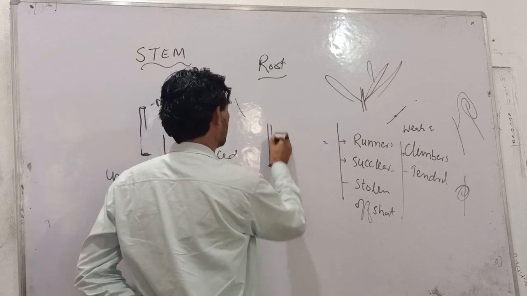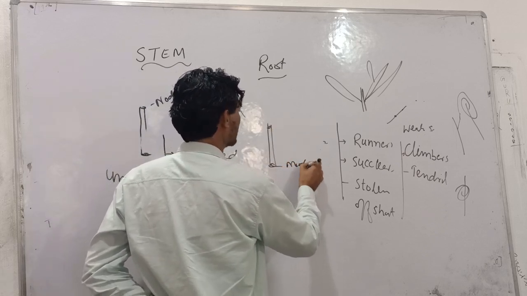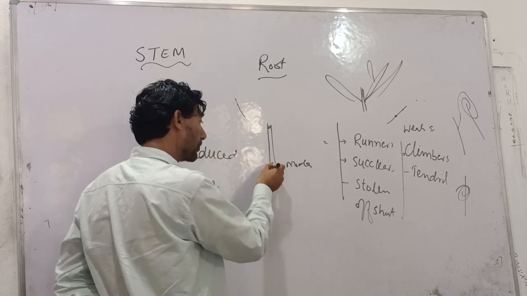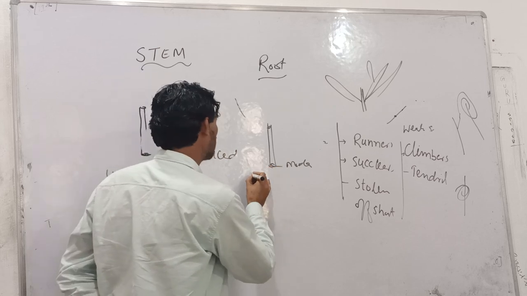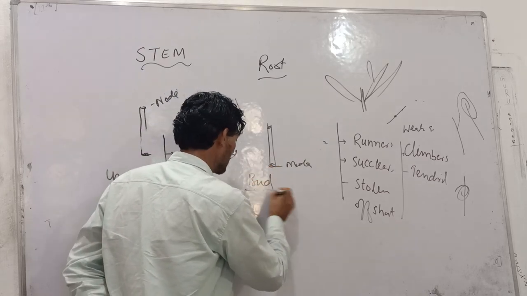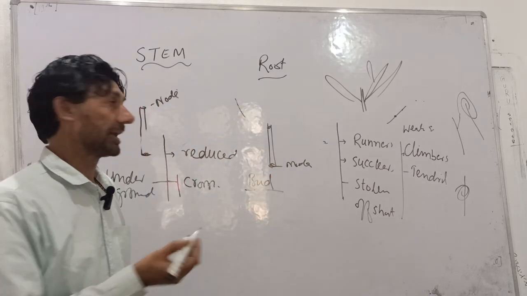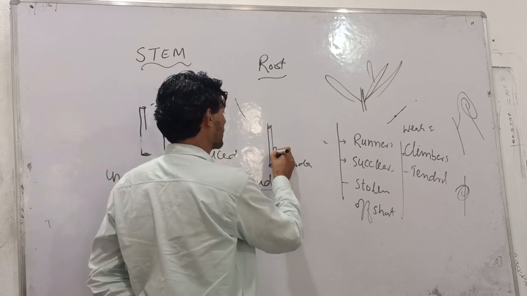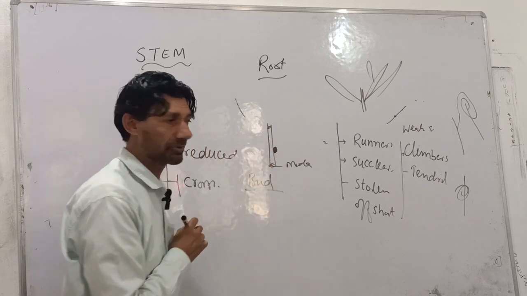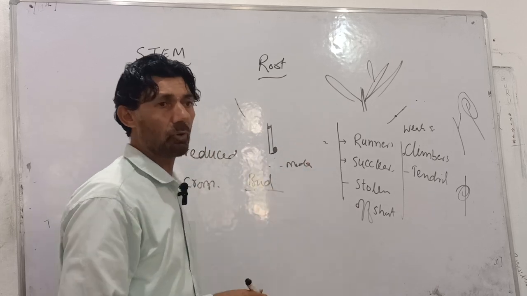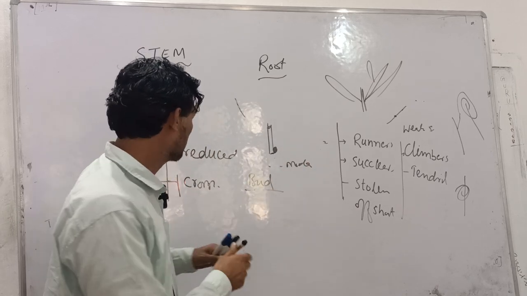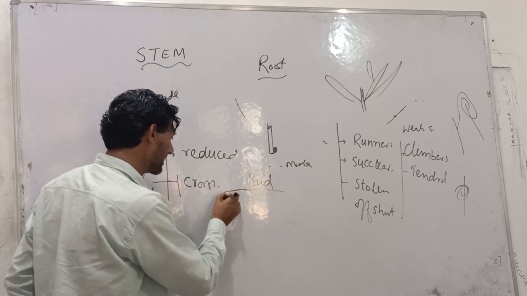Yes, sir. So this is the stem. It has nodes and internodes. The node is where the bud is usually found, compact with the node. A bud is actually a